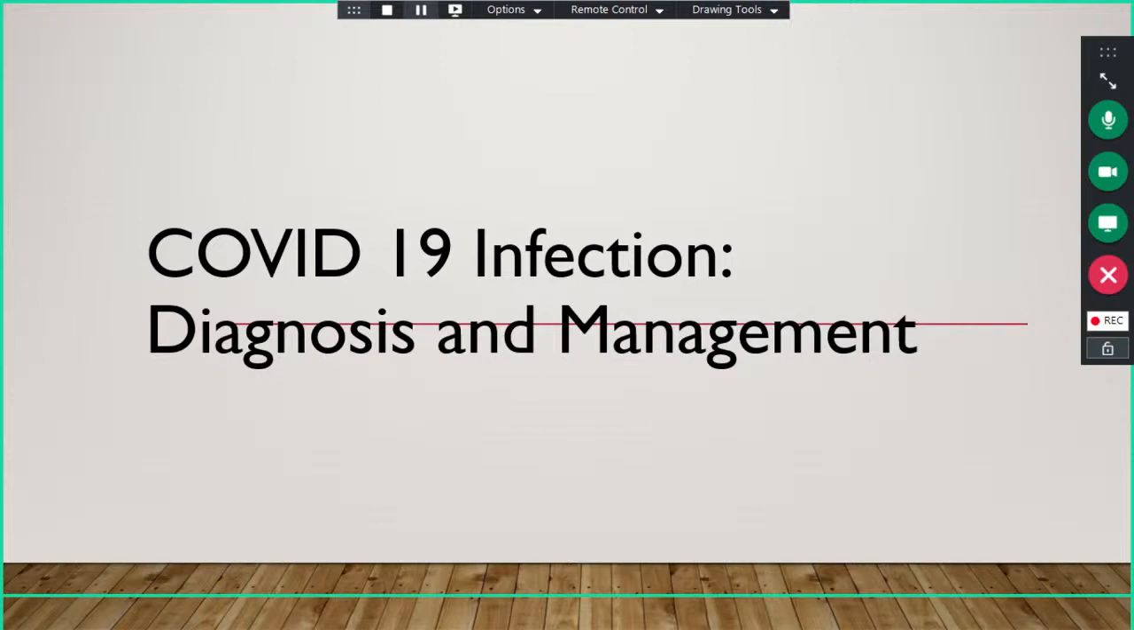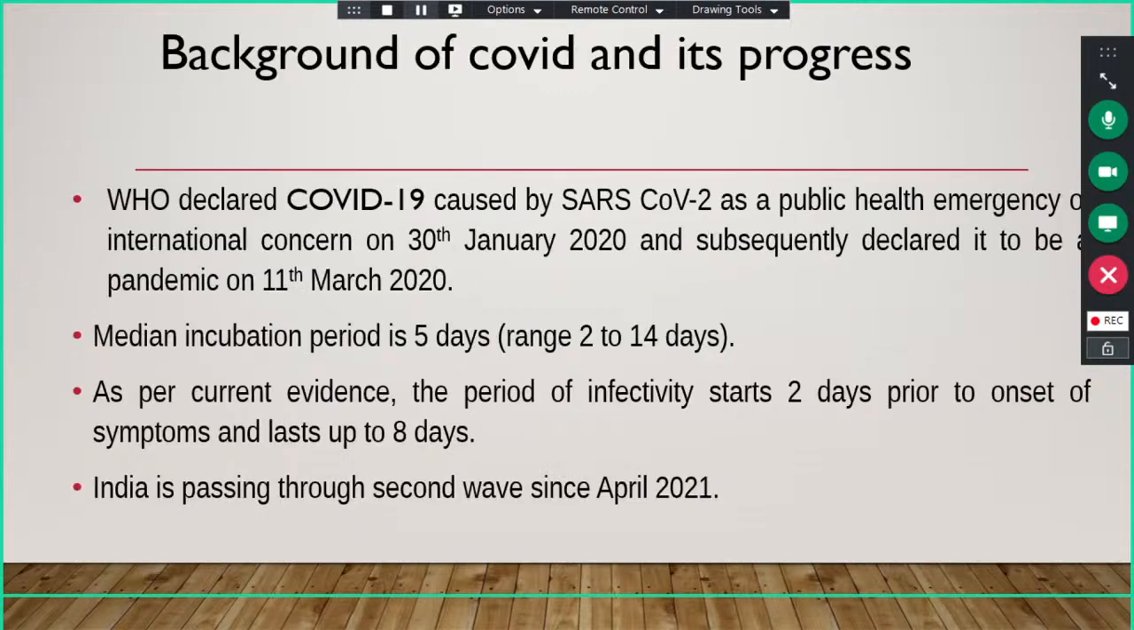So I'll discuss in brief about COVID-19 infection: background, epidemiology, and diagnosis and management. A new form of COVID viral infection due to SARS-CoV-2 was declared as a public health emergency of international concern on 30th January 2020 and subsequently declared to be a pandemic on 11th March 2020. This was by WHO. Though infection started emerging in China in Wuhan in November-December